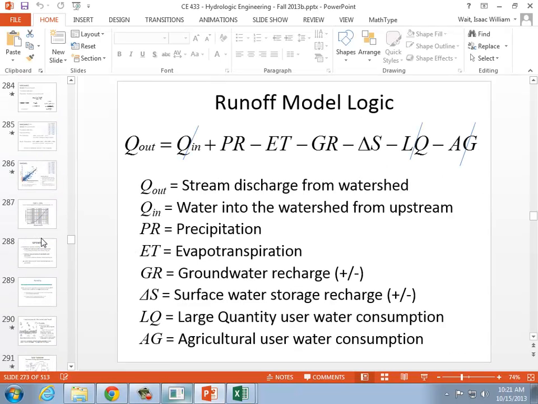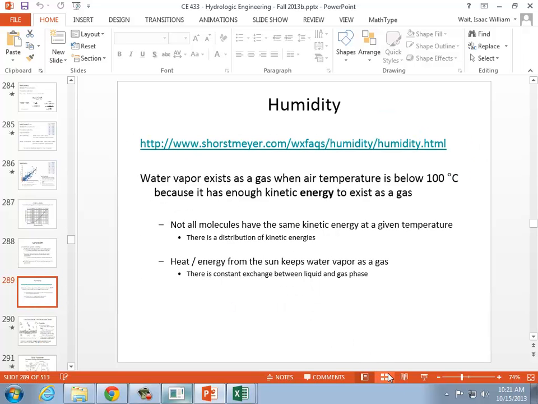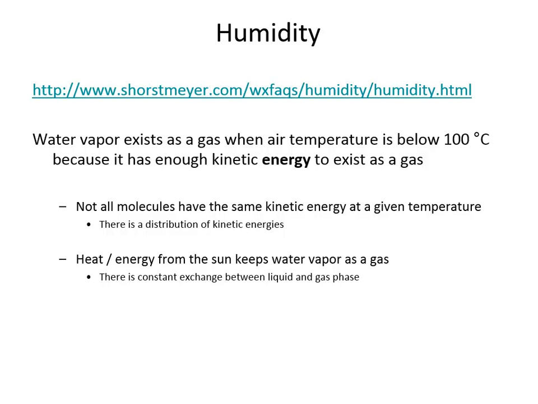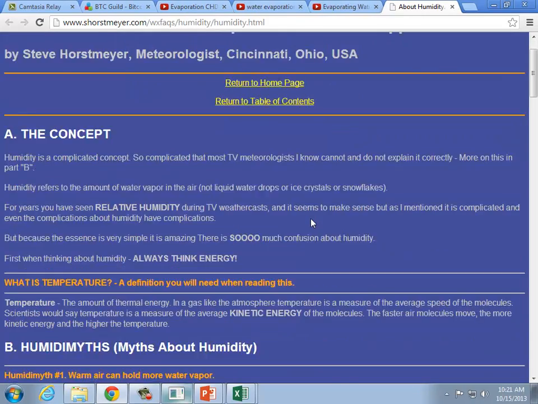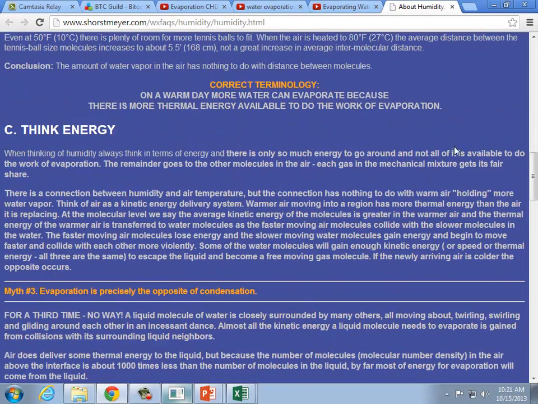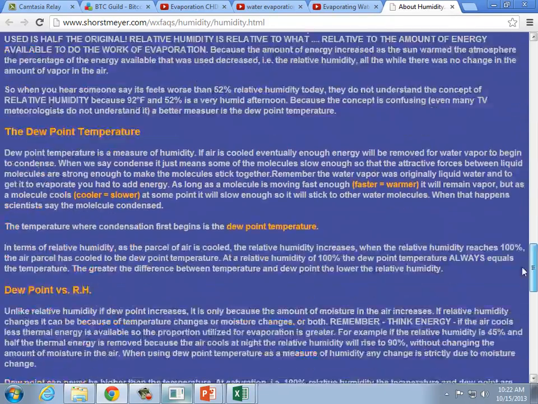Well, let's talk about some of the basics of evaporation. First of all, one of the driving forces in evaporation is how much humidity there is. And if we click on this link, it takes us to an interesting definition of humidity, a really long explanation on the difference between relative humidity and